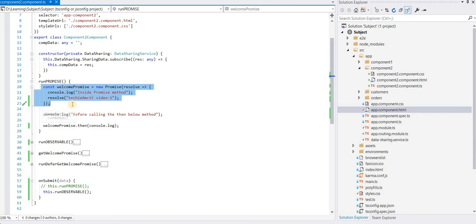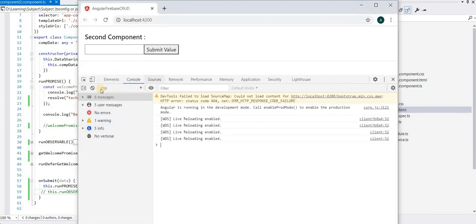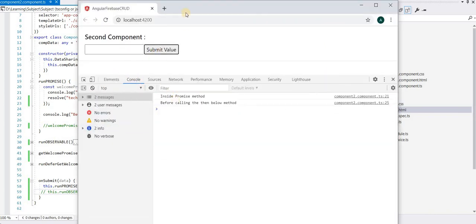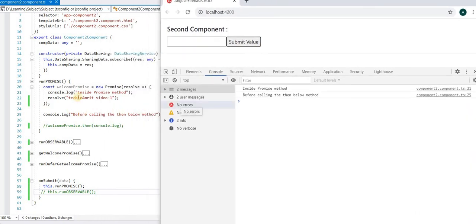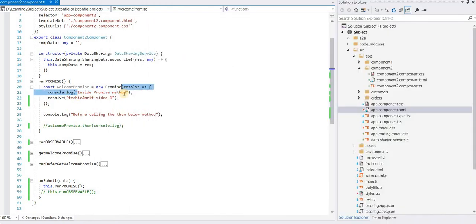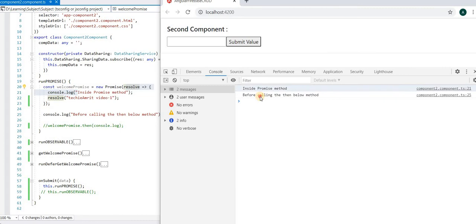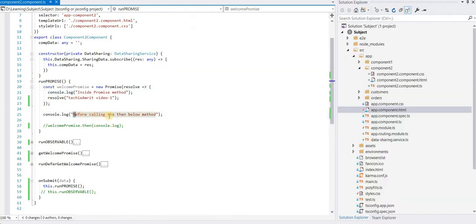If I have to show you, this is a promise method where I have console.log this and this, and if I comment out this method where I try to call it, let's comment out this and try to run the promise and see the output. If I push the button, you can see it directly goes inside the promise method before calling, and it calls this method immediately. So they're eager by nature.